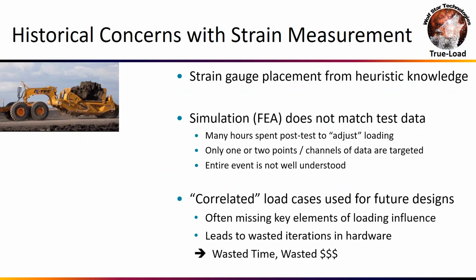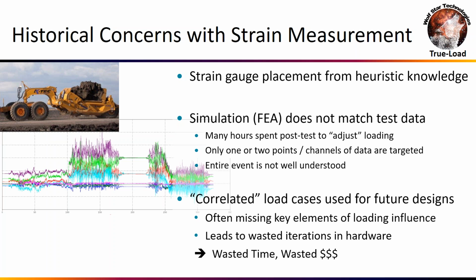Another approach that people try is strain measurement. Typically you'll look at the FEA model and come up with some strain gauge placements based on heuristics of your own. You might talk to some colleagues and come up with a couple more gauge locations. Then you go to the field, collect all the strain data, look at these strain signals and your FEA model, and you just scratch your head. You can't make heads or tails of the strain measurements versus your FEA model. The loading in the field is so complex versus the loading that you put on your FEA model.